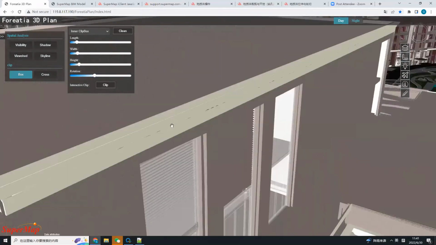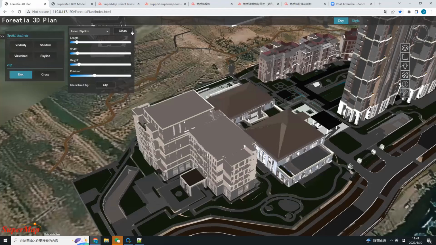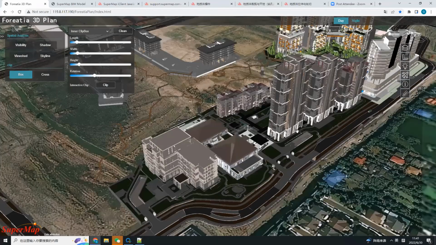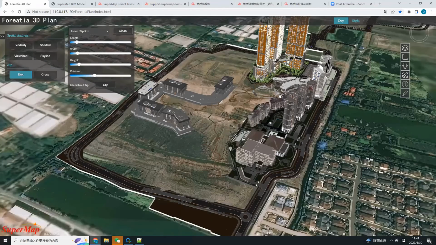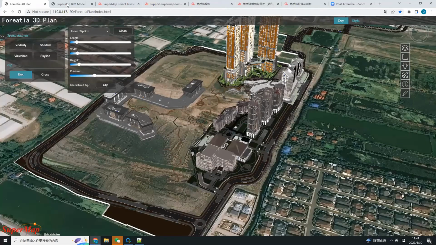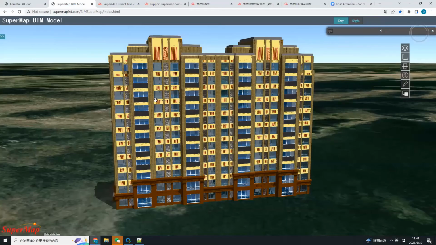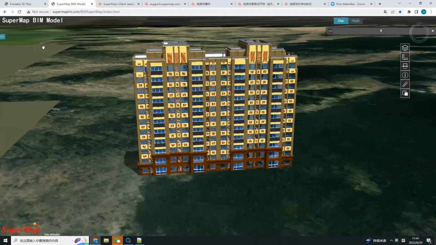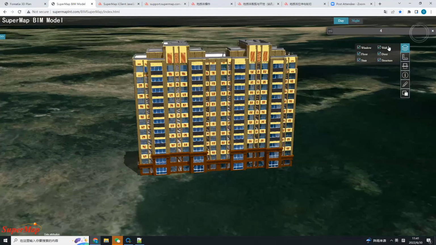Actually, here we can also, let me show you whether it is available. Yeah, I think this is about this project. Next, I'd like to show you another example. This is also a BIM model. Here you can see, and as you see here, we can also control the layers